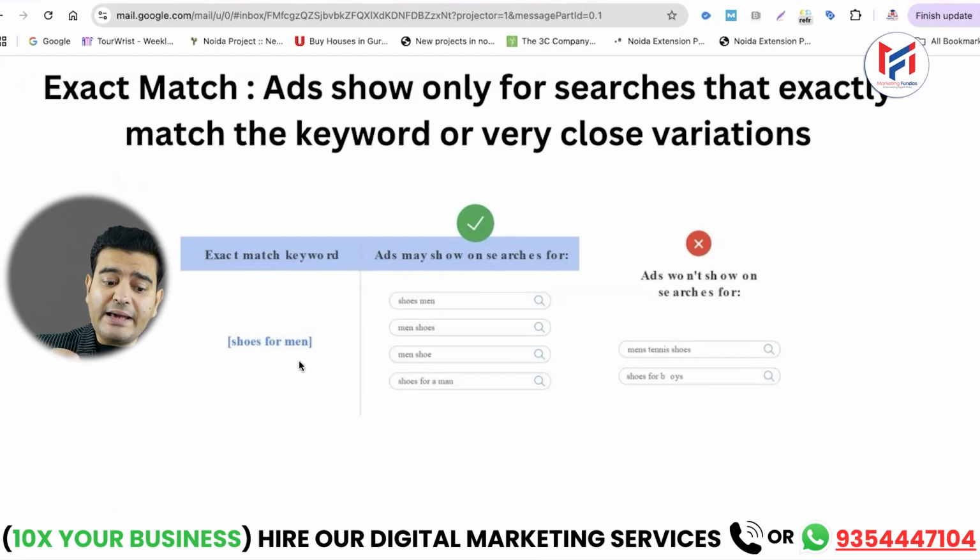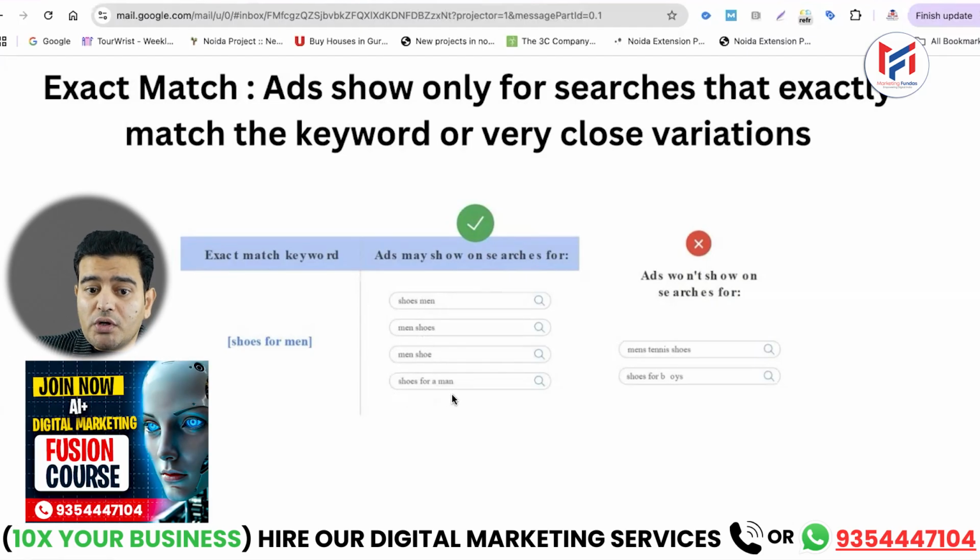So why are brackets used? Actually, putting something in brackets means we are explaining to Google that, hey Google, when someone specifically writes shoes for men as a keyword, then my ad should definitely show up. So this phenomenon is called an exact match. This is what we are going to call an exact match. I hope you are understanding everything. Now when someone is searching for shoes men, men's shoes, men's shoe, or shoes for a man,